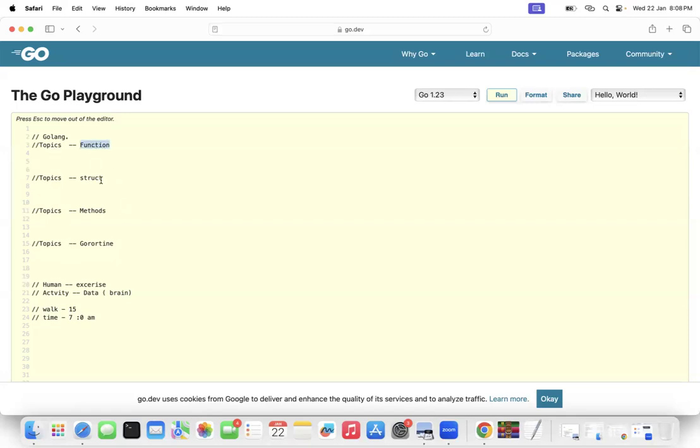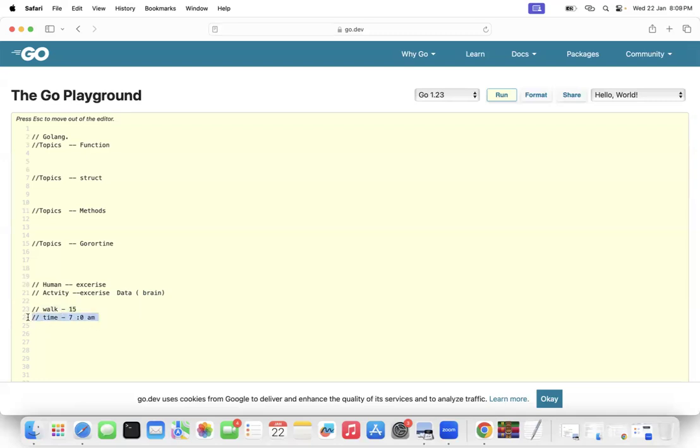But every concept or every topic has got some set of keywords and symbols. Now, what I'm trying to summarize is, as a human, you do an activity called exercise, and the activity name is exercise, and all this data you store in your brain. You do it every day, right? Now, tell me, is this activity reusable? It's reusable if we do it the next day according to the time. You may do it according to the time, but the activity is the same.